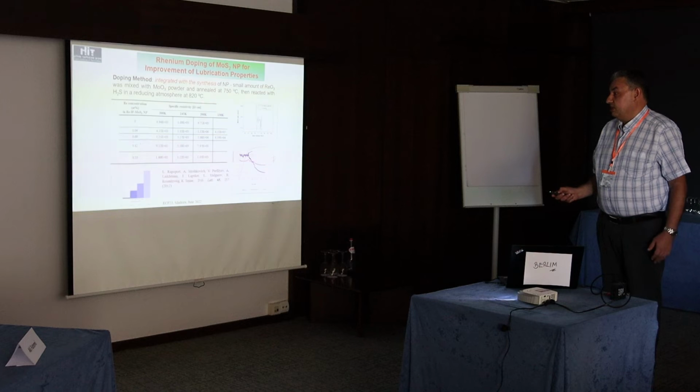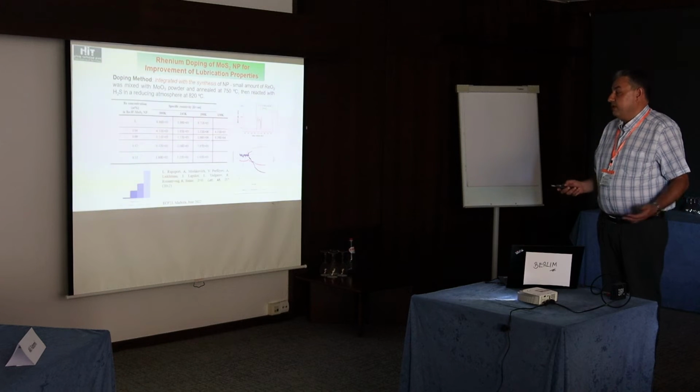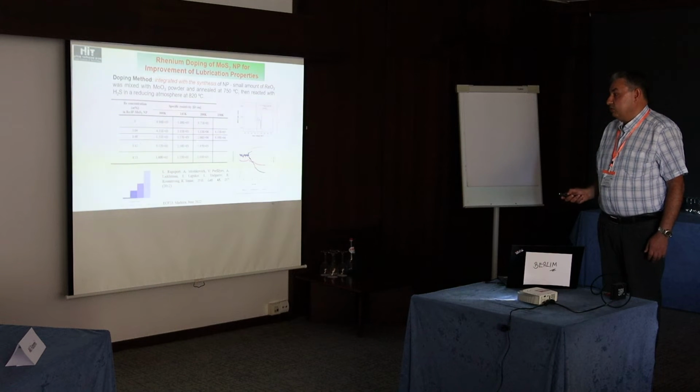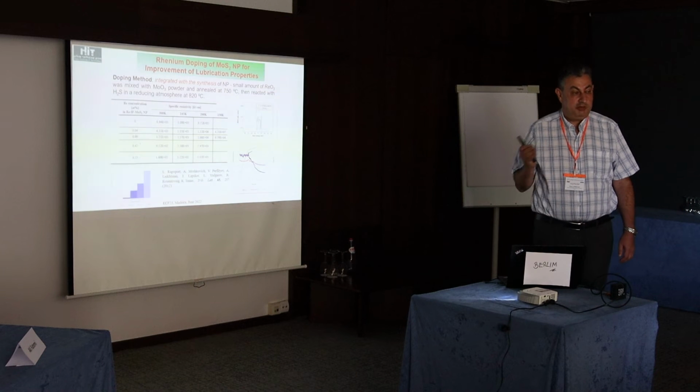So there was a decrease in surface resistivity, and because of this property the lubrication increased very dramatically. But the problem was that it was not very homogeneous, so the reproducibility of the process was not the best. And as always, the problem with fullerene-like nanoparticles is that the durability